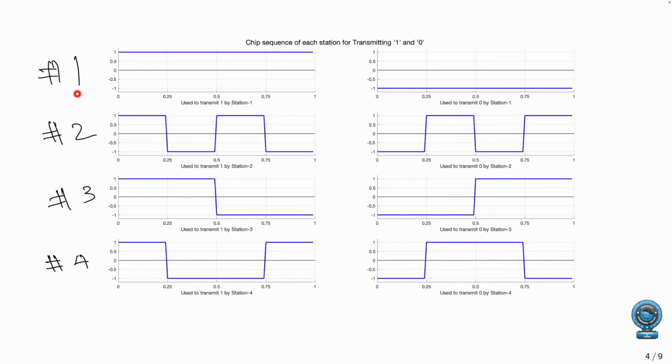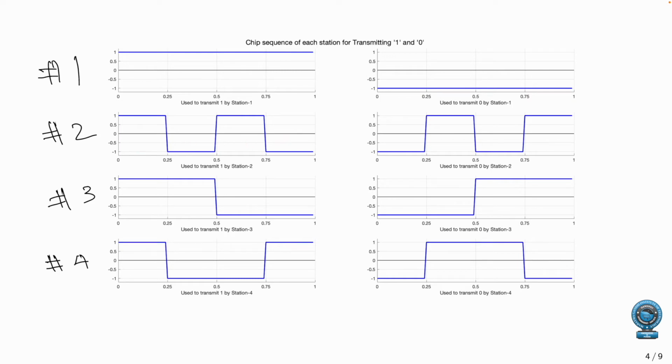So it says let one station use the +1, and the other stations, for example 2, now he should not use the flat plus ones. He should use a distinct waveform to transmit 1. So in this case, if you observe this time interval 0 to 1, it is broken into 4 slots. These are called as chips.